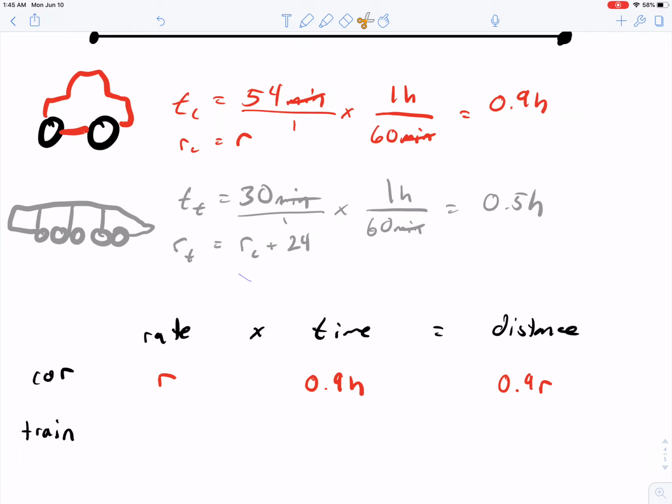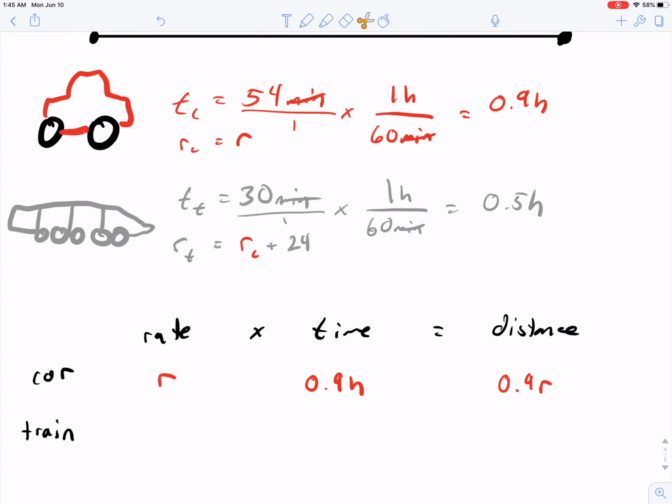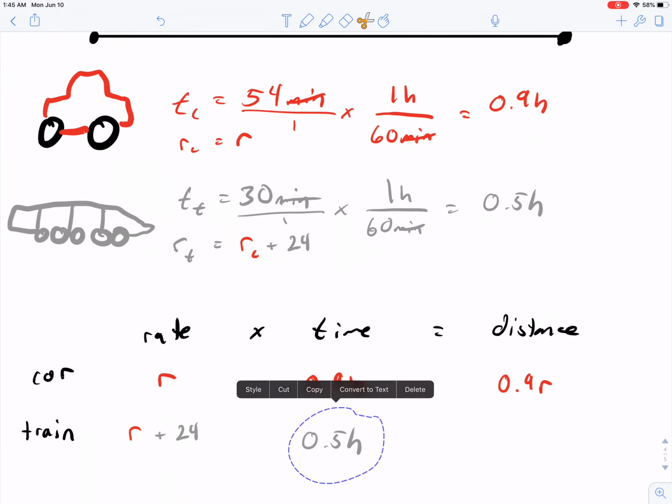So to be a little bit more consistent, let's do the following. We want to copy. So the rate of the train is there. It's going to be the rate of the car plus 24 miles per hour. The time for the train was half an hour. So let's get a copy of that. Copy, paste. So the distance traveled by the train is basically going to be